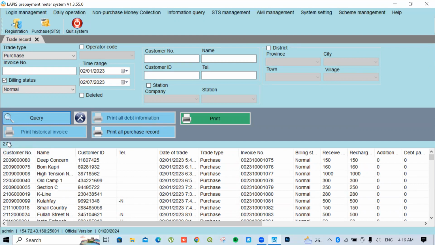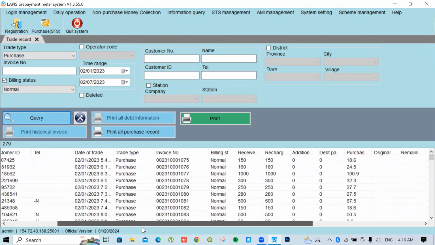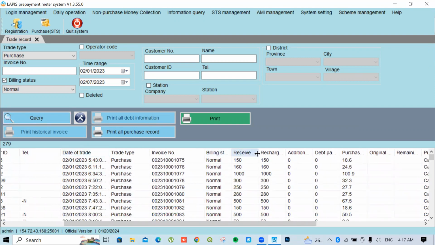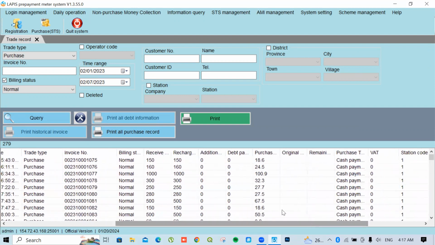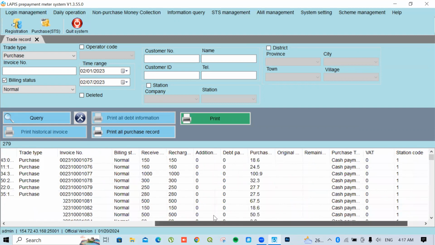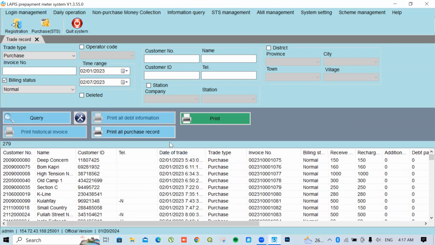Okay, so now I have this. I have my names, the ID, and the trade dates, and the recharge or the purchase amount, the volume, and then the operator. Okay, so now I'm going to print this. If you have your export button, no problem. I will print,